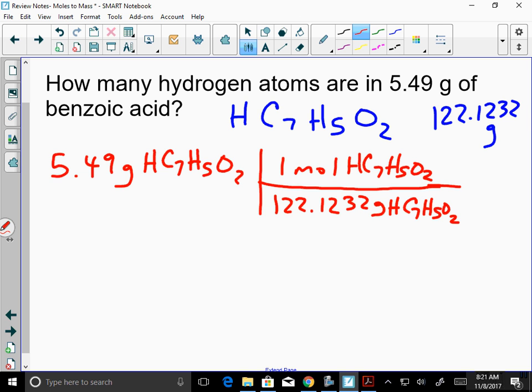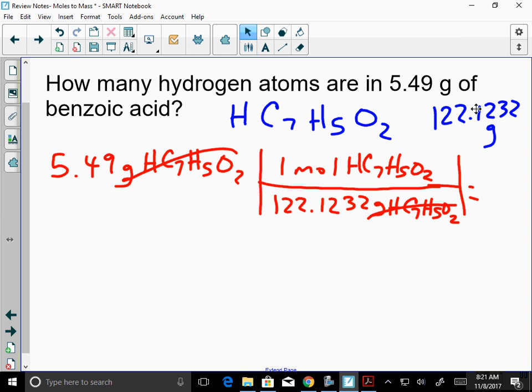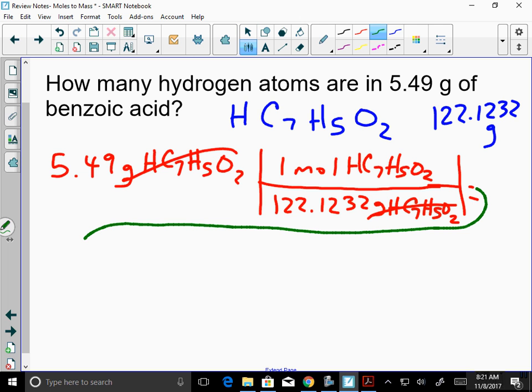I complete my box, and I always go back and look. I have grams here, I have grams here, my grams cancel. So my new label that I'm going to bring all the way over here is going to be a mole of something. So I take the 5.49 and I divide it by